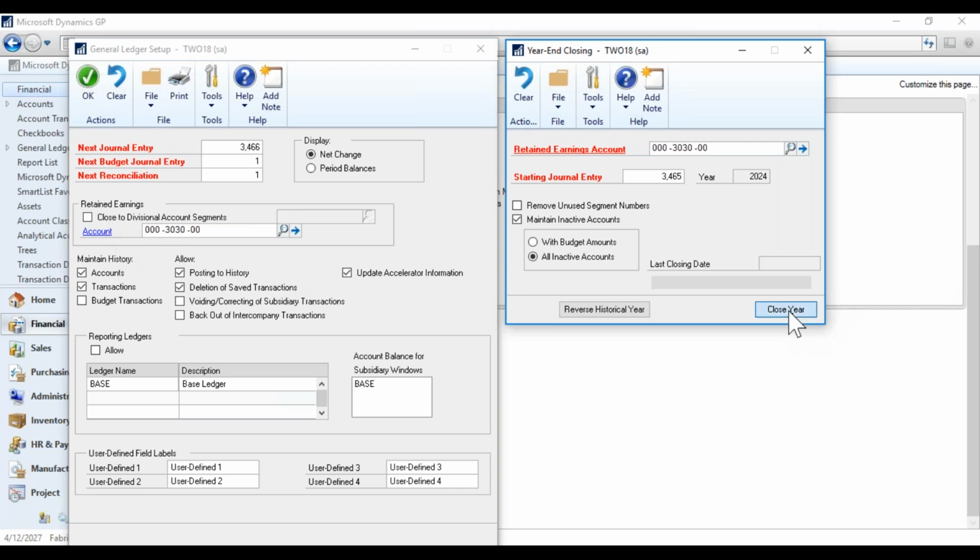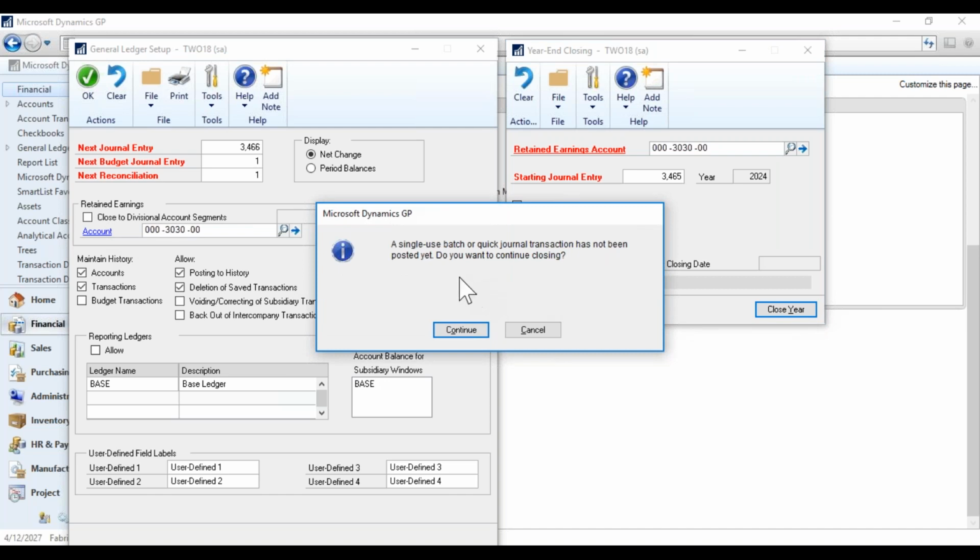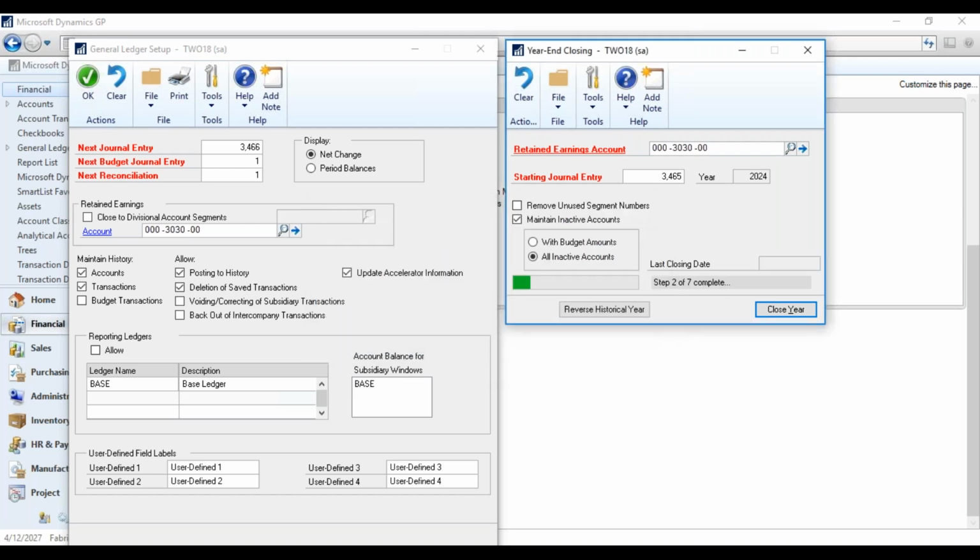On close historical year. And then again, here's the retained earnings if you do divisional segments here. This is just saying that there's a batch in the batches here that has not been posted. You want to continue closing? Yes, I do. The one thing I want to note here is the little green bar here. This is kind of